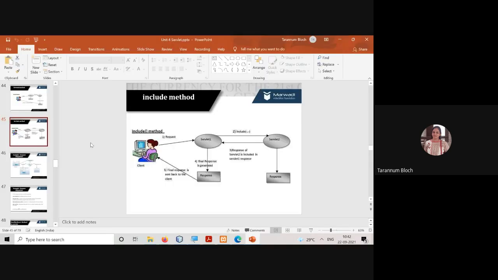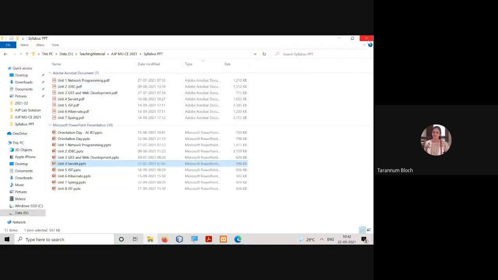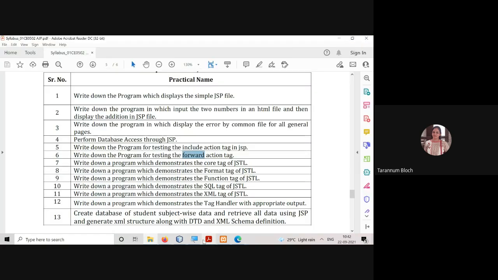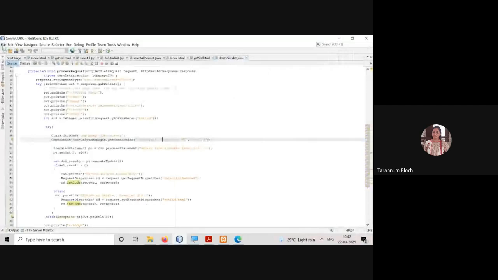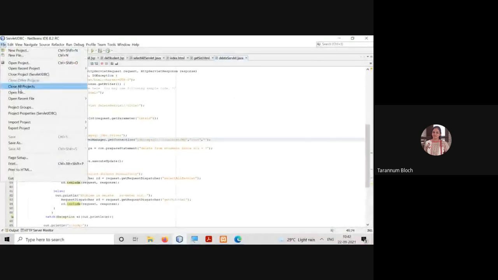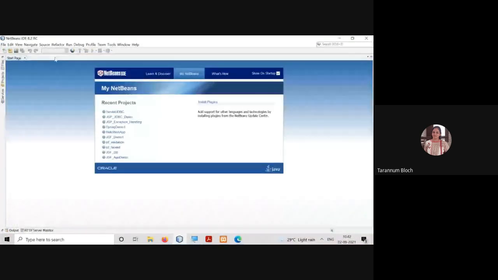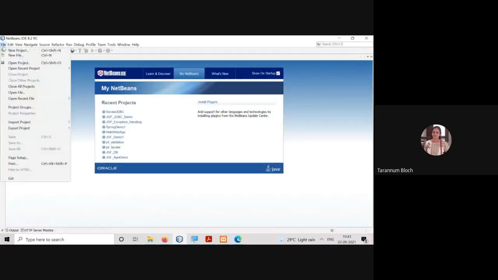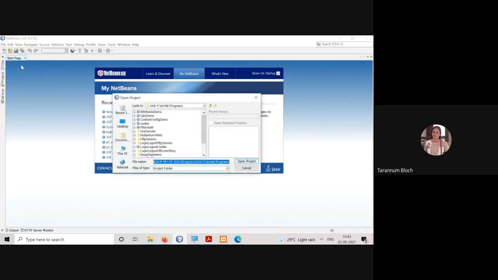Now I'm saying that in JSP we can achieve this functionality by writing the action tags. We have the action tags include and forward, and using those you can achieve this functionality. So to achieve this, I am working on two different files, index.jsp and second.jsp. Let me open that.